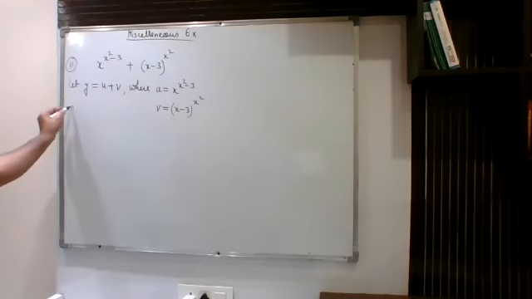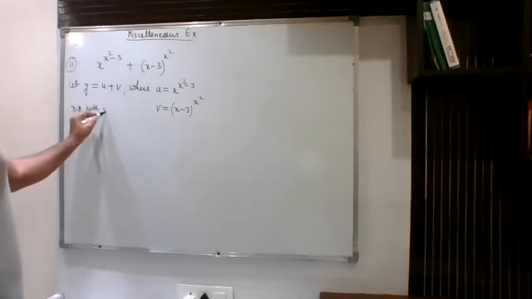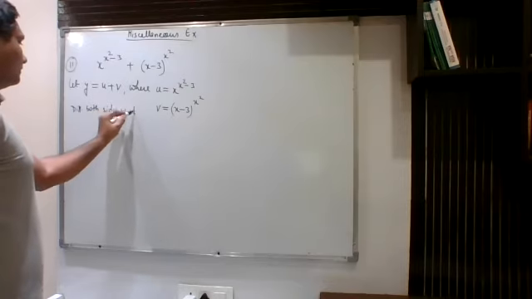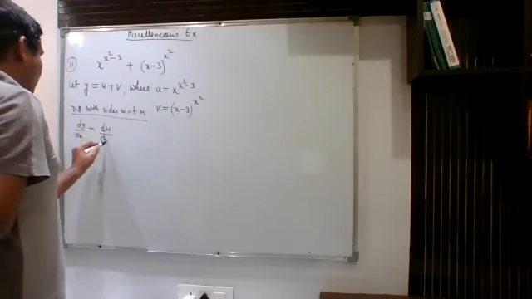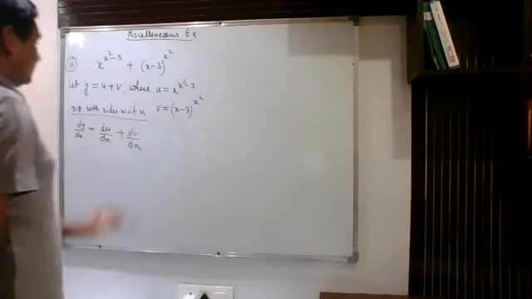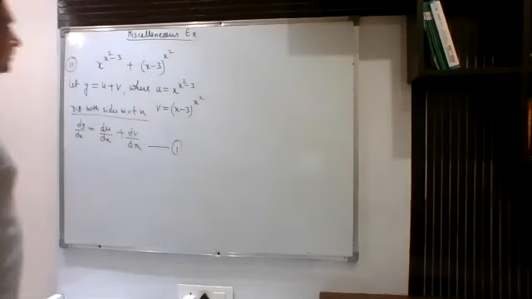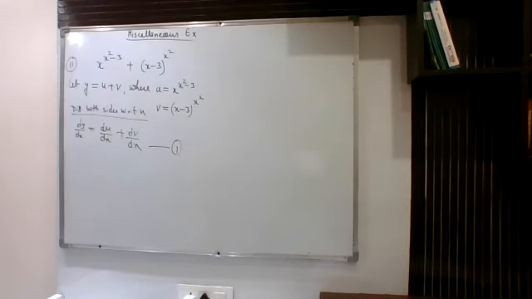Now here you will write differentiate both sides with respect to x. So you will get this as dy upon dx is equal to du upon dx plus dv upon dx. Call it as number 1. So we had called this function as u and this one as v. So this is how we can write dy upon dx as du upon dx plus dv upon dx. Call it as number 1. Now you will consider u separately and v separately. Then you will apply logarithmic differentiation.